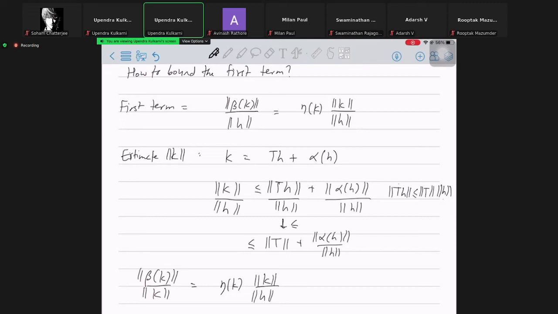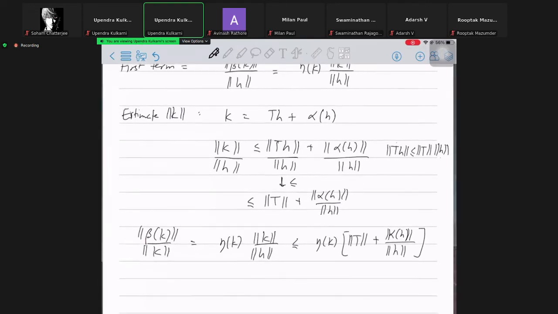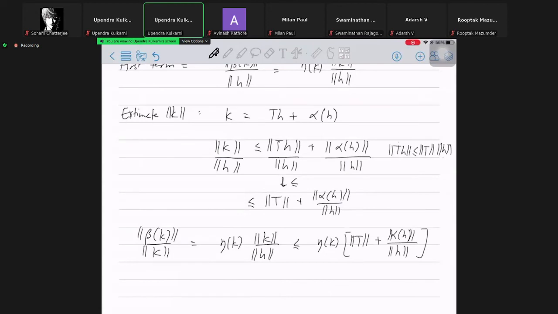I'm going to take limits as h approaches 0, so I can arrange h to be non-zero. There is no issue. I know that this is eta of k times norm of t plus the second term, and finally victory. As h approaches 0, eta of k approaches